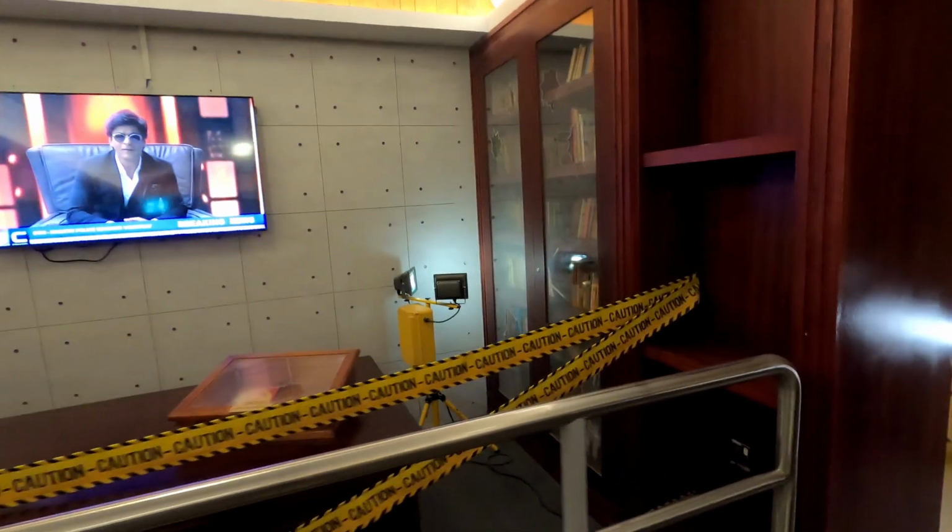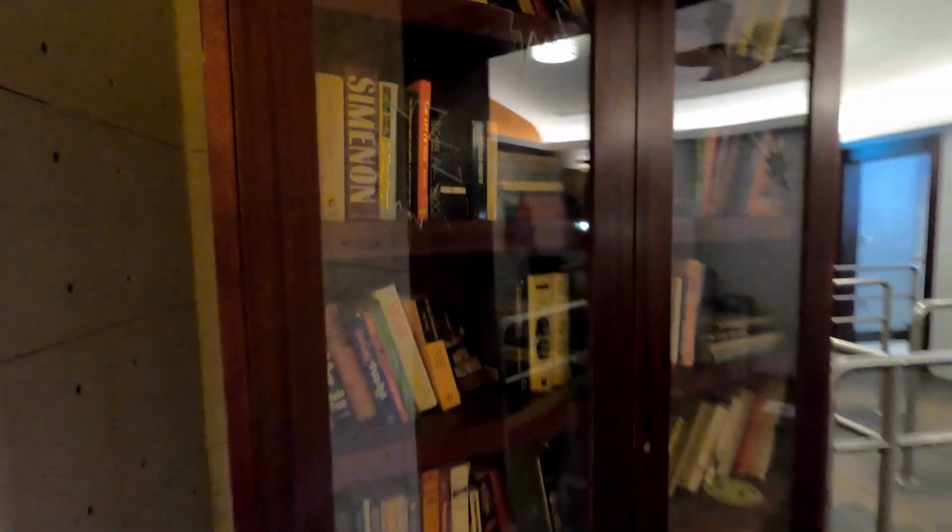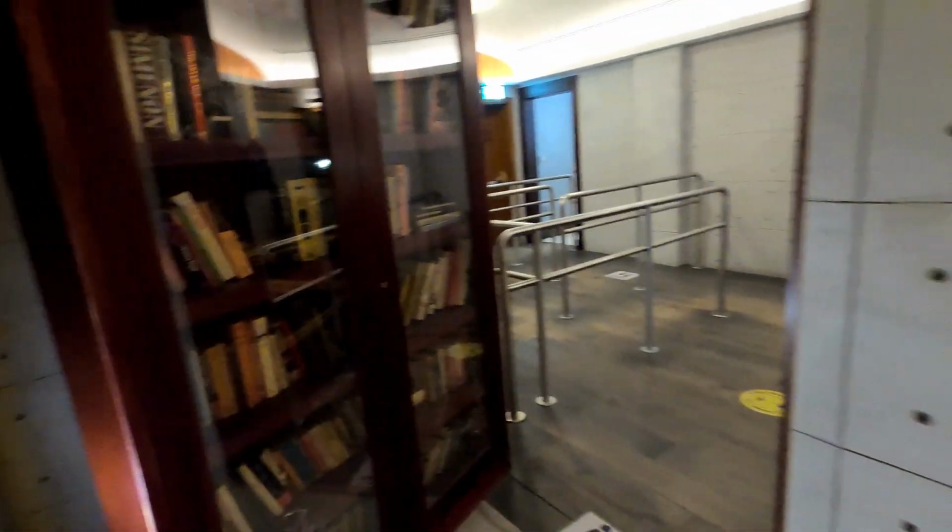And where all the lights and everything are, that is their new addition to Bollywood. So they've added all of that in. And now they're adding in the roller coaster as well. So they've added in quite a lot to the Bollywood park over the last couple of years. So it'll be interesting to see how much they keep growing,